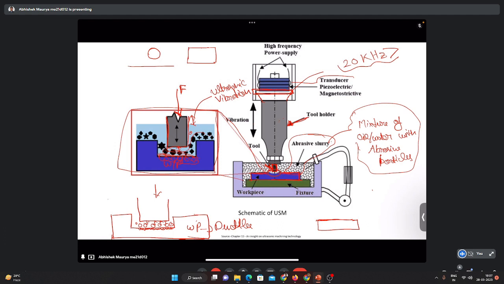Like suppose if we want to do milling, if we want to create a hole inside a ceramic plate, do you think with the milling cutter it is possible? Suppose this is the milling cutter, and if we try to make some contour like this over the ceramic plate with, let's say, HSS or carbide tool,